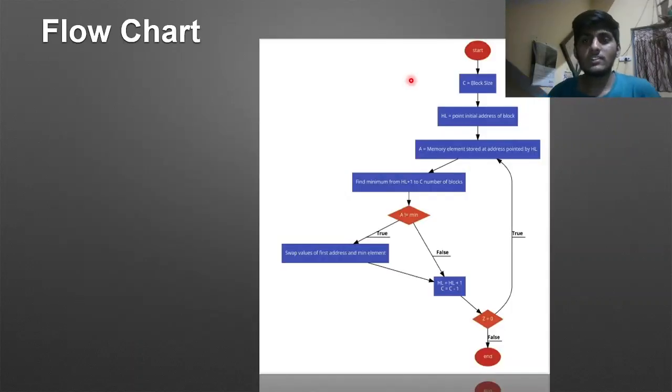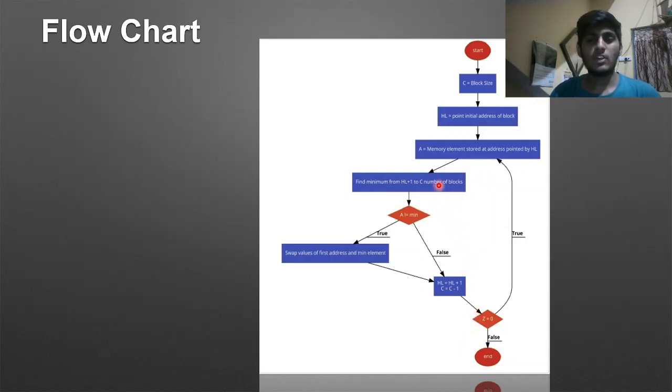Now, how will we code this on 8085 microprocessor? This is the step-by-step flowchart of the algorithm involved. In register C, the size of the array is loaded from the memory. Now the HL register pair points towards the initial address of the block. Now the number that is stored at the address pointed by HL register pair is loaded into the accumulator. After this, operations in a loop are performed in which HL register pair points at different memory addresses.